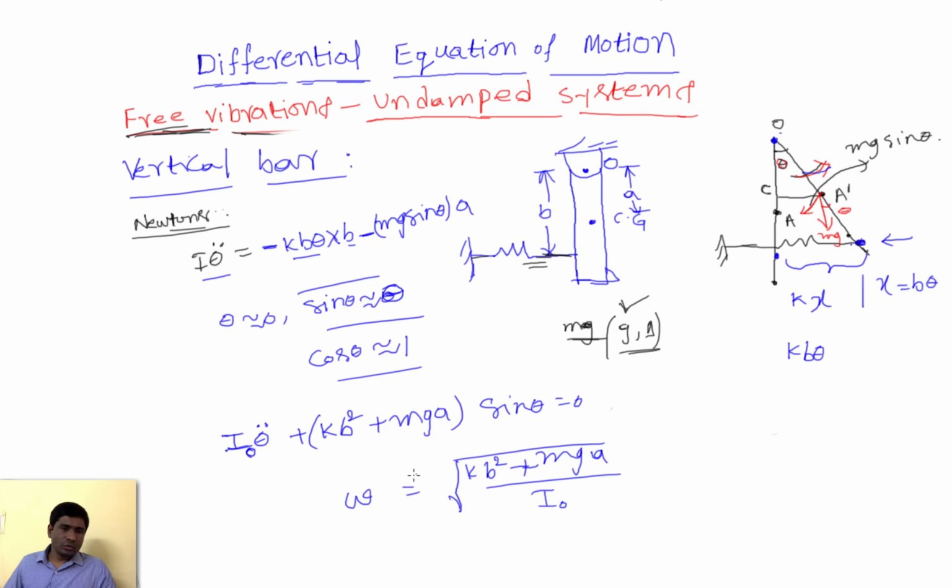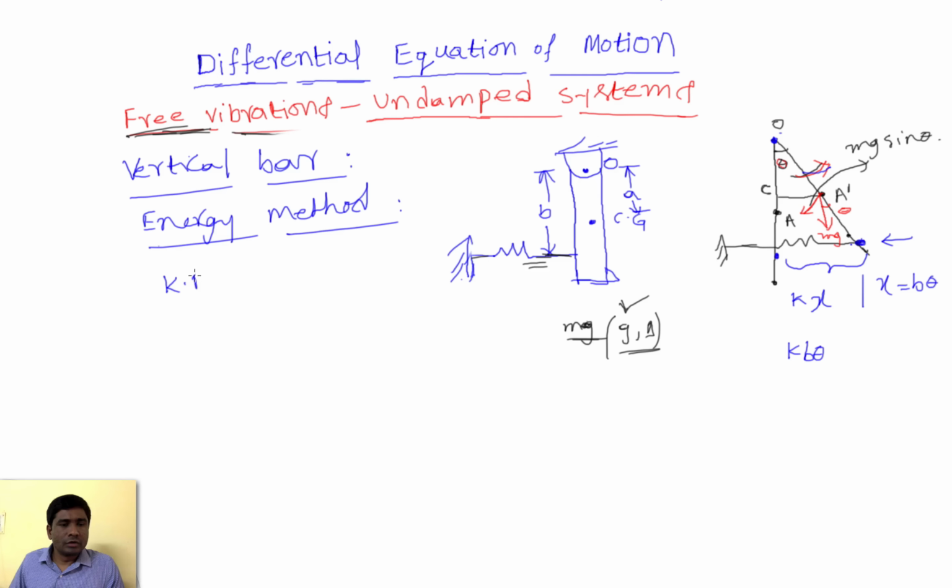And we try to derive the same thing using the energy method now. First of all, we need to find out kinetic energy. Kinetic energy of the spring is neglected, so this is only for the rod, that is half into I naught into omega square, that is theta dot square. And what is the potential energy? Here we have two potential energies, because g is not neglected here. If g is neglected, then we have only one potential energy for the spring. But since it's not neglected, we should consider potential energy for both.